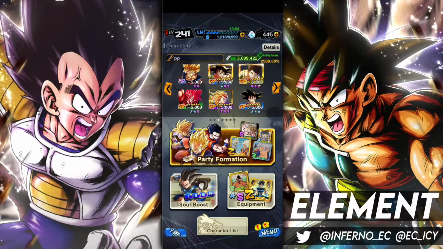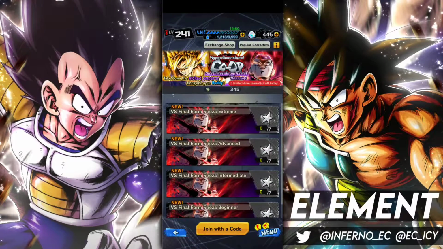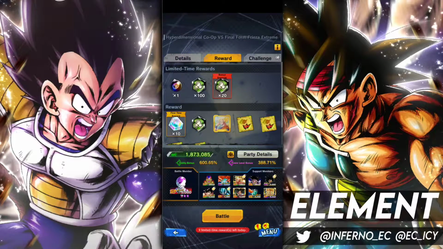Now, if you want to get him starred up, as of now, the best way I know to do it is go into co-op and go into these stages where you can get the Z power from here. Or